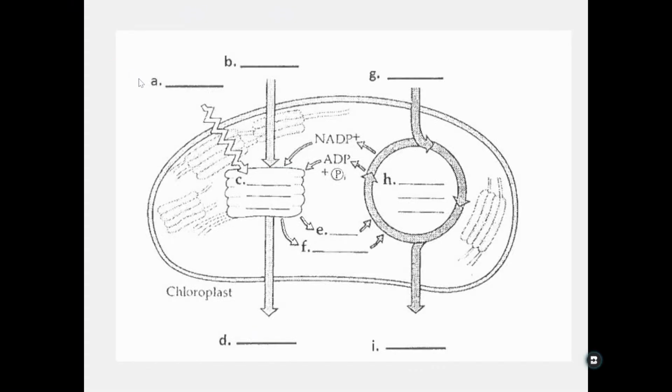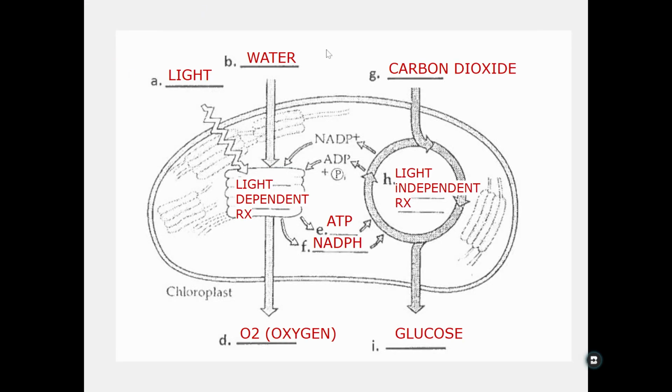Now in your diagram, you'll see here, this left side is our light dependent reaction. So light typically will always be diagrammed as a ray. Light has to be present, and water is then taken in. This bulge right here is a granum, so it's a stack of your thylakoids, and it's given off oxygen. The ATP and NADPH is then cycled through to the